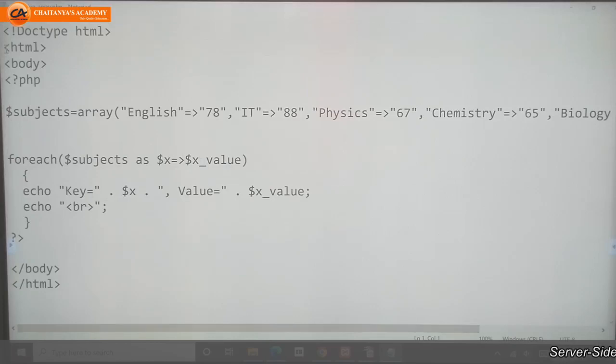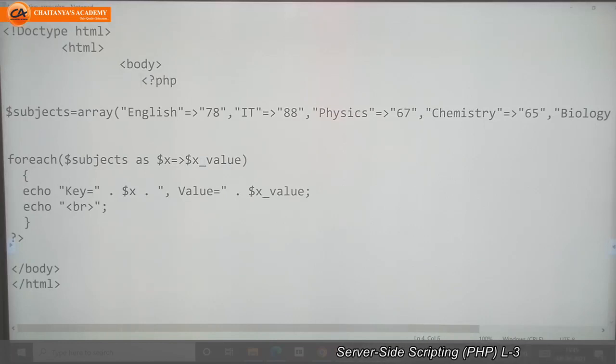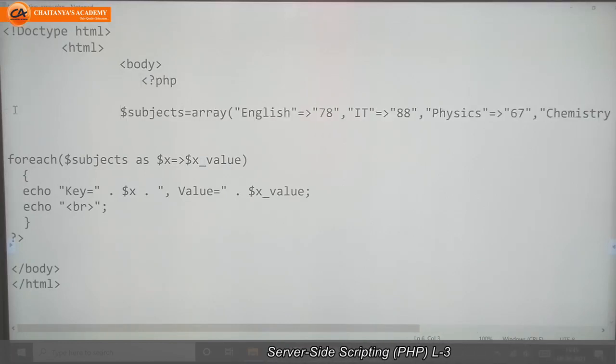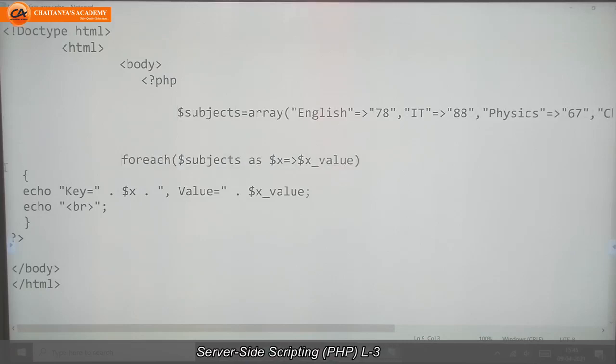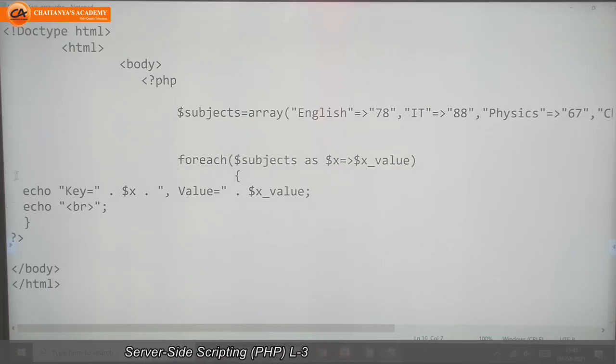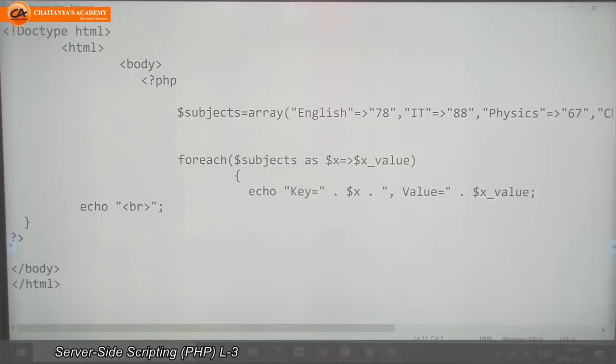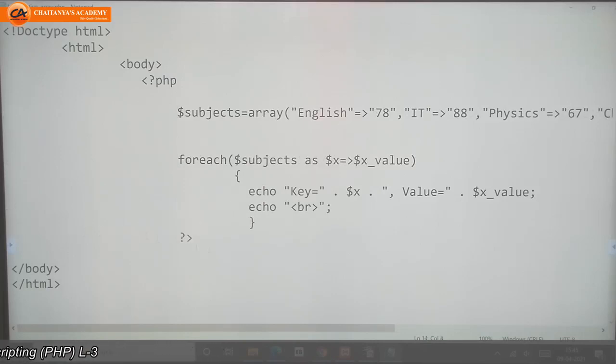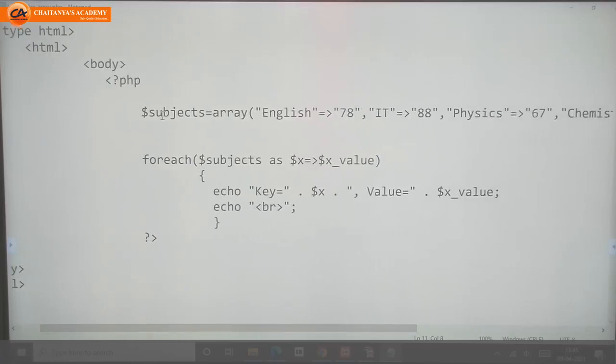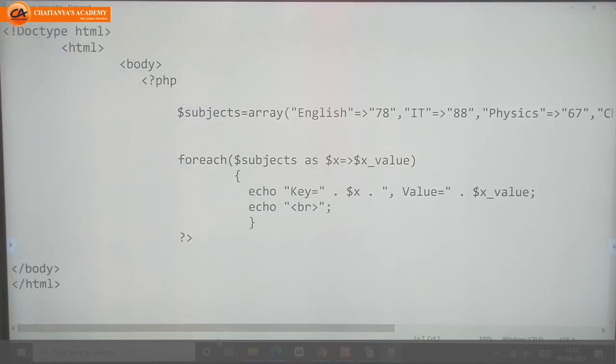So this is an array, an associative array. In that I want to store some subjects with marks.